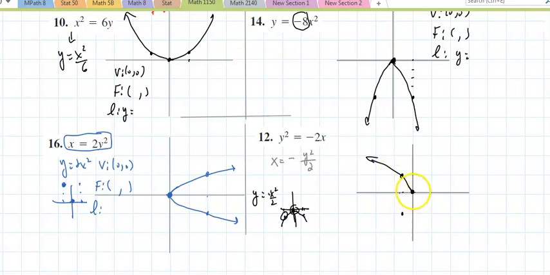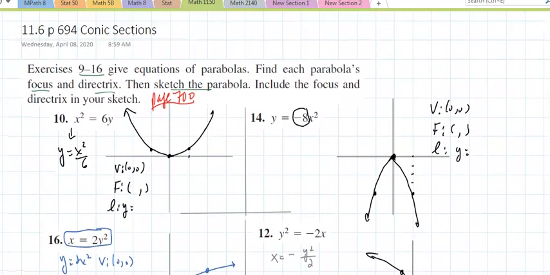And that's how the graph looks. It's a sideways parabola. It's open toward the negative axis. Alright? Now that we've got this down,